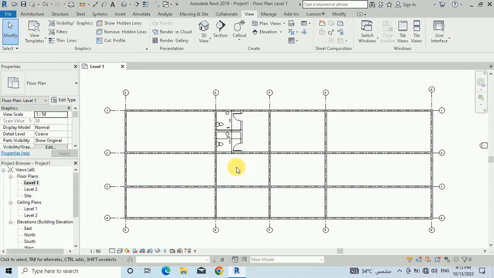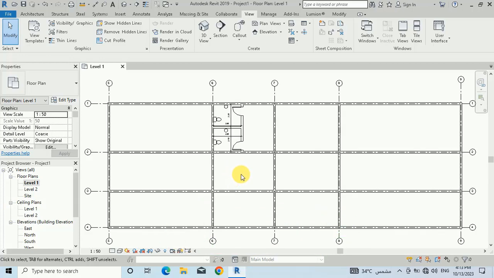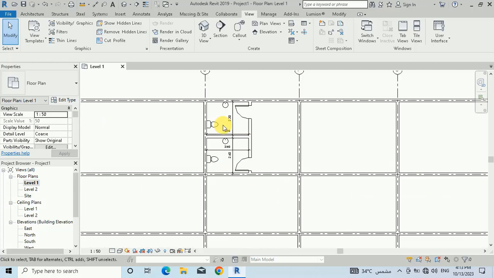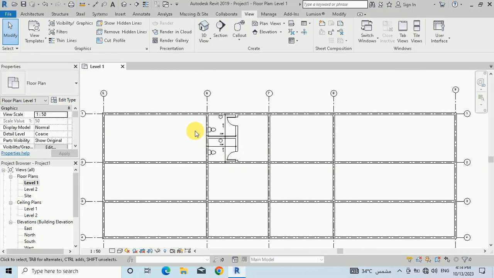In this tutorial I will show you how to create the scope box. First of all I will explain what a scope box is, how to use it, and its importance in our project. For example, I made just this simple project. This is the grade, this all is the grade and this is our project. This is the toilet area, for example. So I just create only a simple